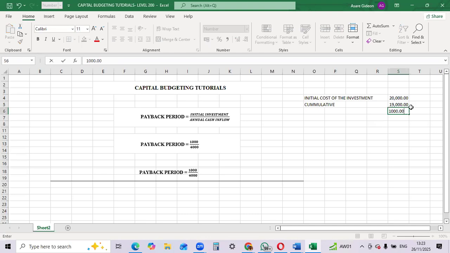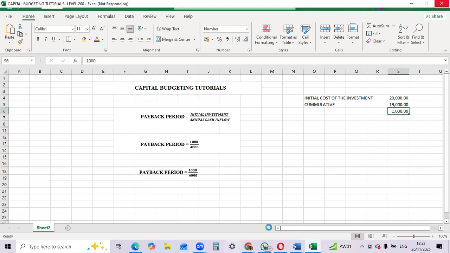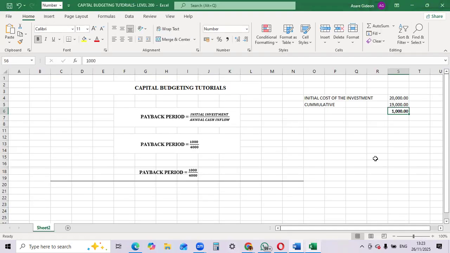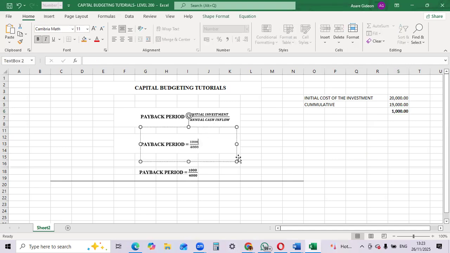And this 1,000 cedis that we are talking about can be found in the fourth year's what? Cash inflow. Please, are you together? It can be found in the fourth year's cash inflow, which is the 4,000. So now that is the interpretation. Anytime you get to this side, we are going to take the difference, which is the 1,000 cedis, divided